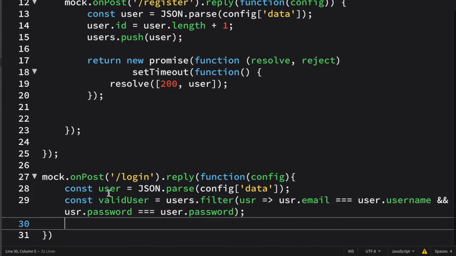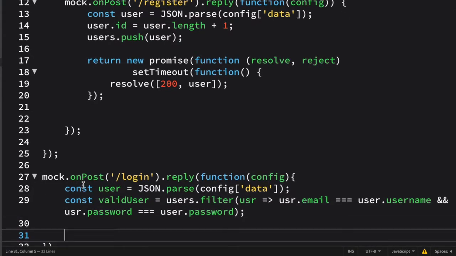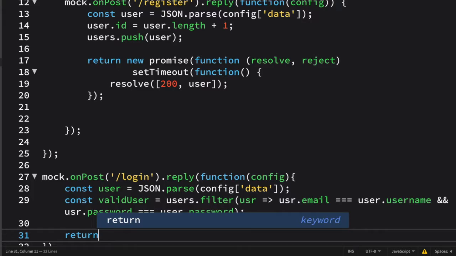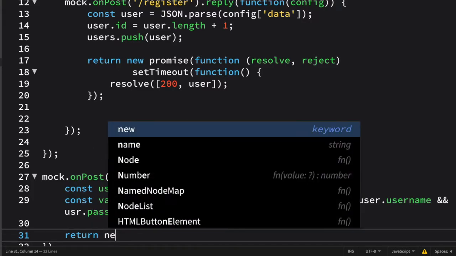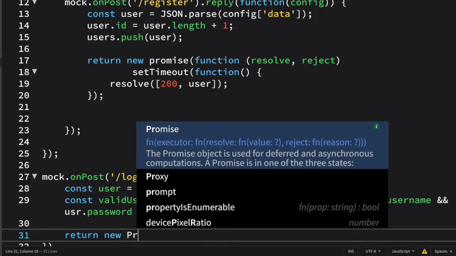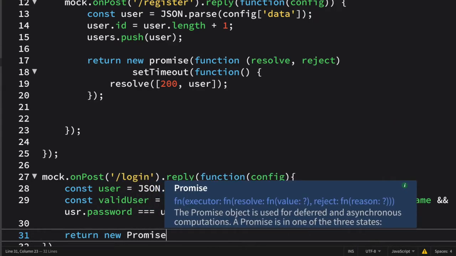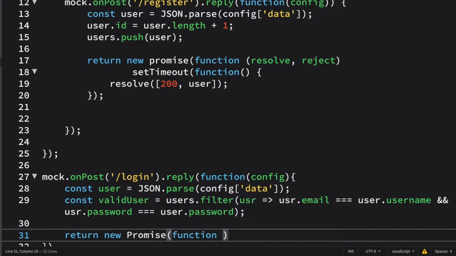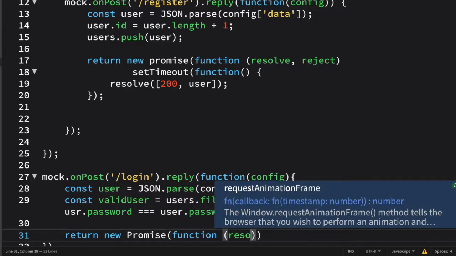And after this, friends, I have to create a promise. I have to return here a promise using this login function. So here I'm writing return new Promise, and here I have to write a function for this which will either resolve or reject.